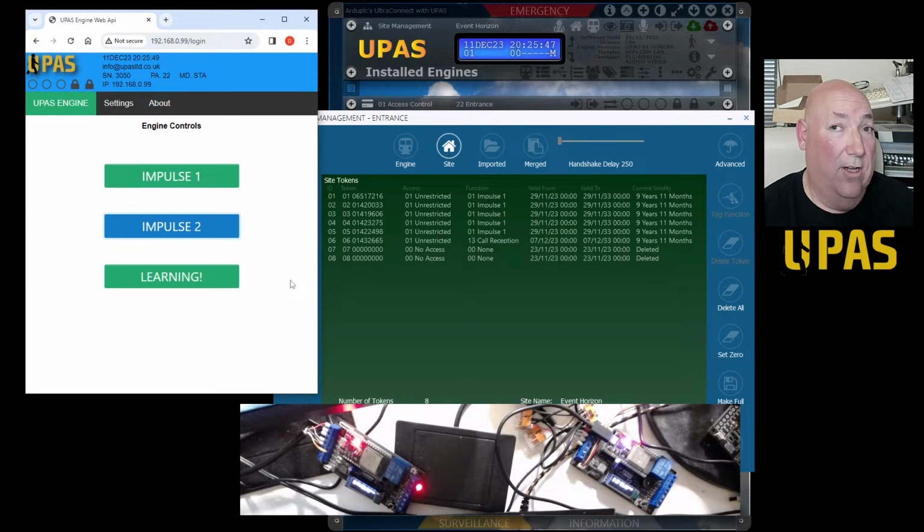And the good thing is you could log in from remote. If someone says I've got tokens not working, you need to be able to view a list of the tokens that aren't known to the system, probably on the bottom of the list. We need a list of tokens that are in the system.